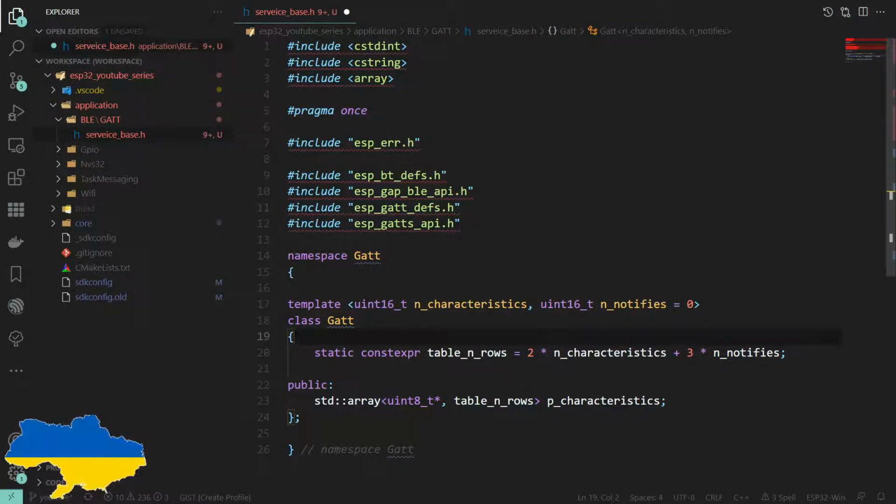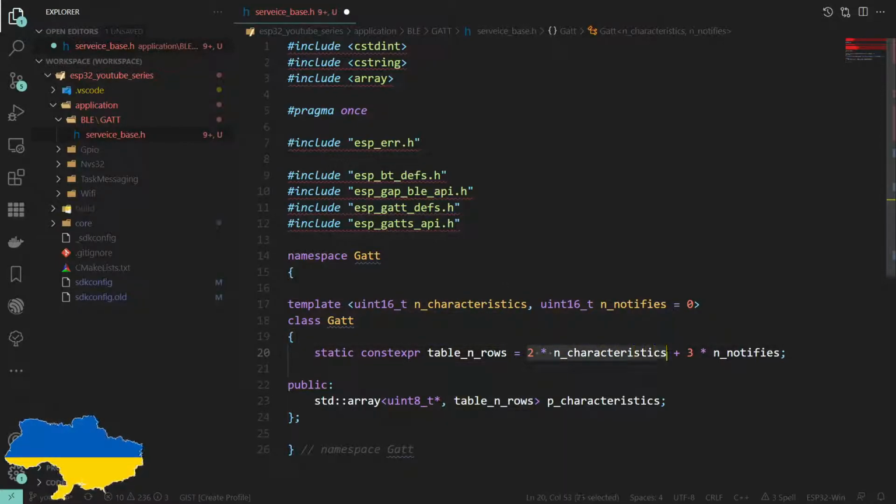If we make another one that has 2 characteristics in it, that will actually stamp out another copy of this class that will be sort of mutually exclusive, for want of a better word. And in that case, for 2 characteristics, this value will be 4.